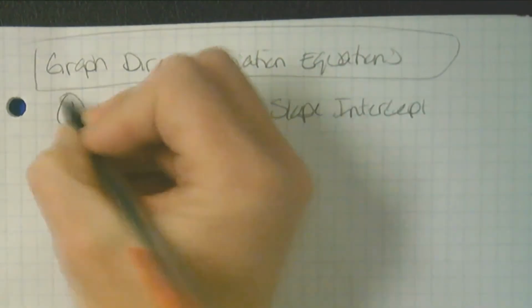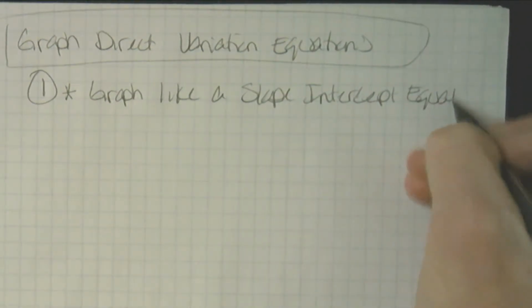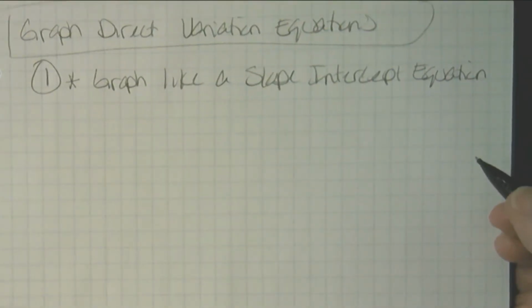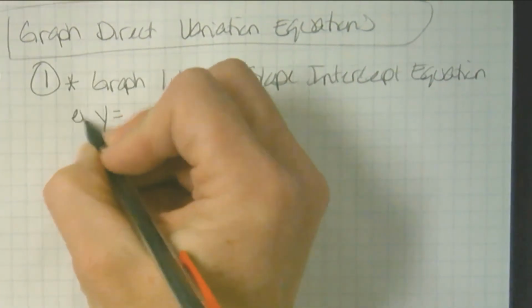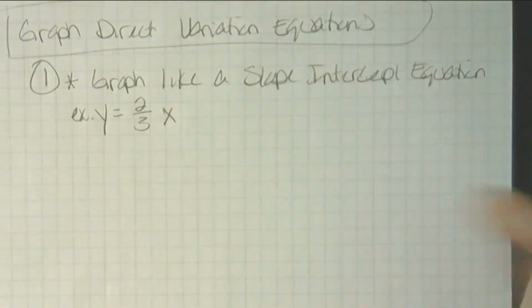I'm going to put a 1 here, just so we can see how this works and if there's an easier way that we can do it. All right, so let's do y is equal to 2/3 x. Okay,